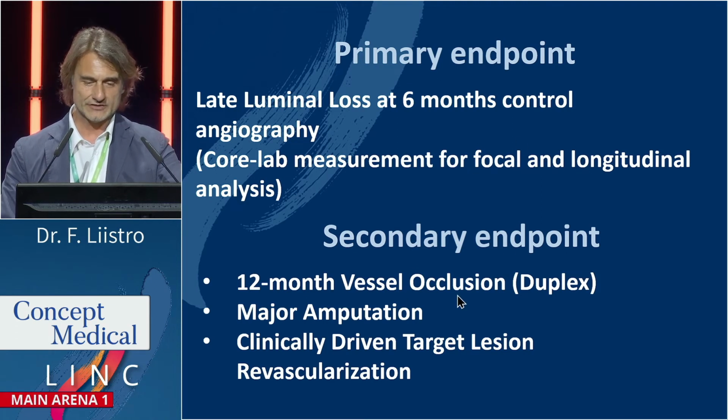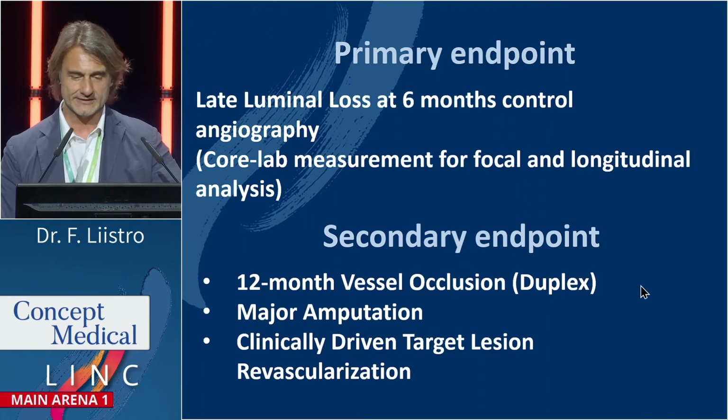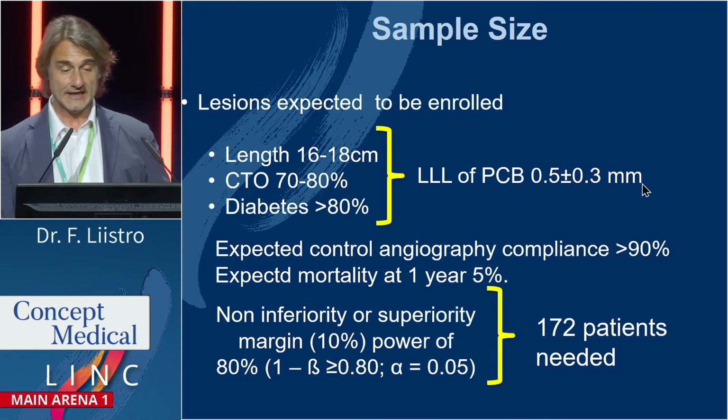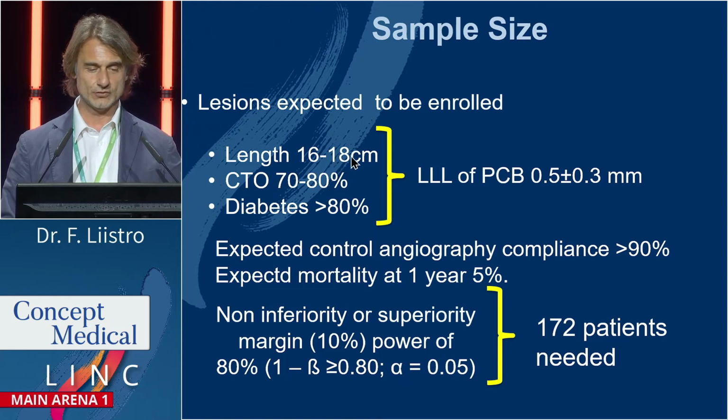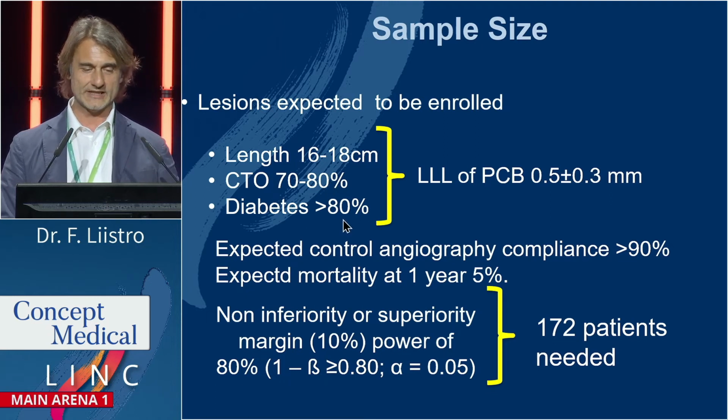Secondary endpoint, 12 months vessel occlusion, measure amputation, and target lesion revascularization. How did we calculate the sample size? We thought to enroll mean lesion length of 16 to 18 centimeters, CTO from 70 to 80%, diabetes more than